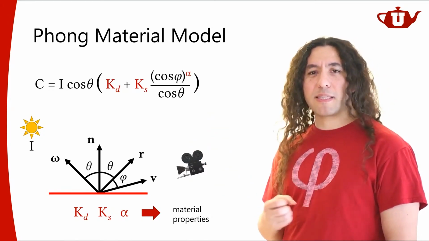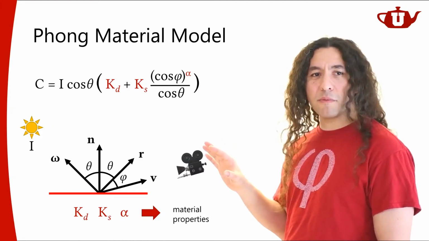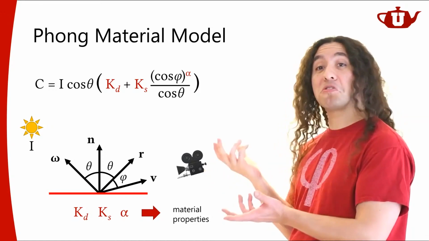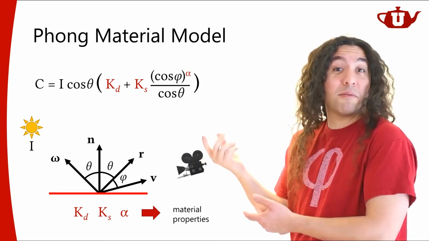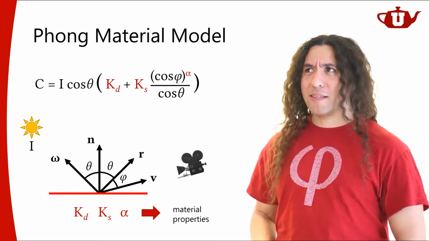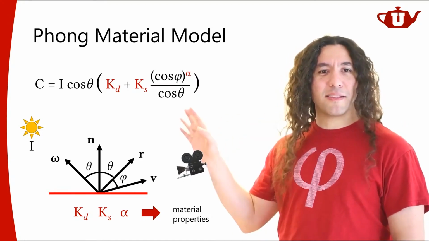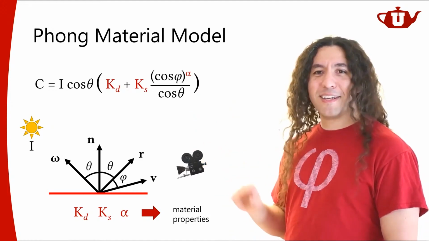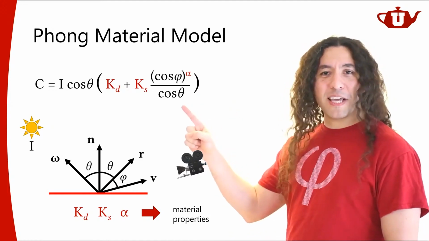I don't want to say realistic, because this is not a physically based model. This is more like a perceptual model. You look at it and you say, oh, most objects kind of look like this, so let me use this term. And that's what Phong did back in 1970 something, and it was good. It still works to some extent. So that's the Phong model. So this is the hidden cosine.